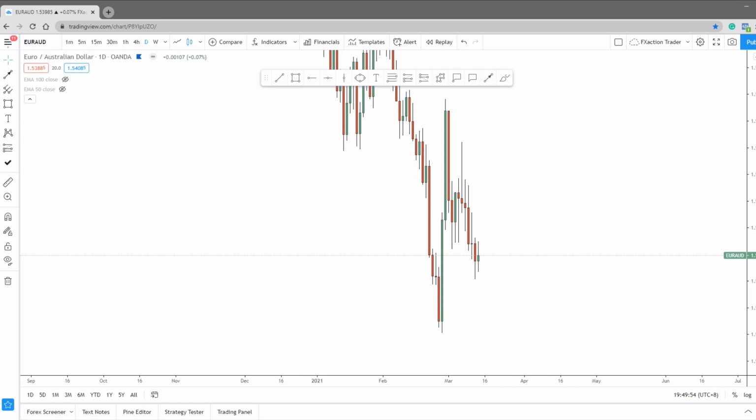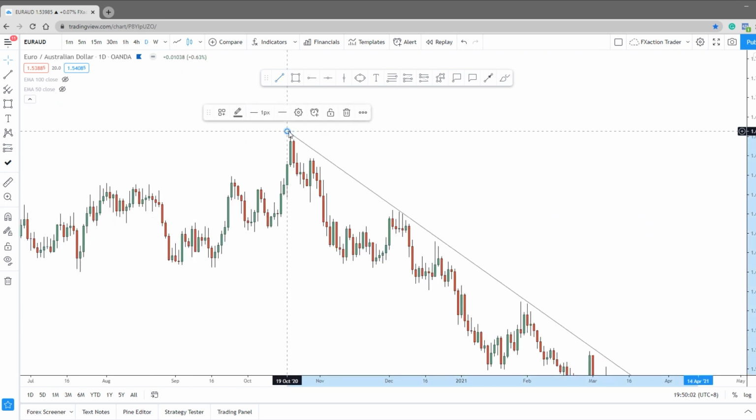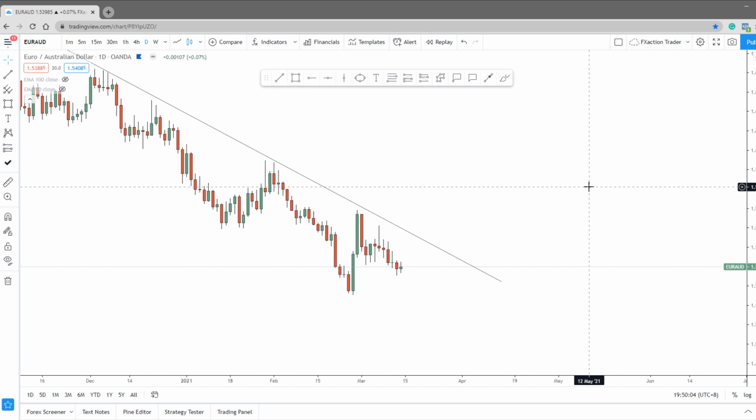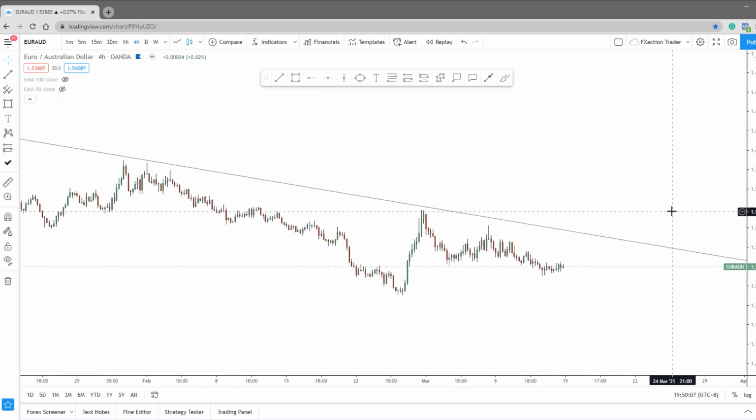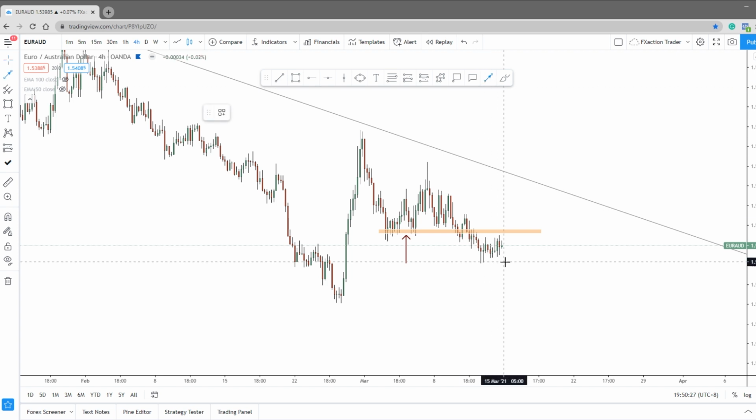So Euro AUD on the daily chart, the market is still in a clear downtrend. I think I have repeated this in my previous weekly analysis video. On H4, what we can see is that the market has violated this double bottom structure, where this was a strong support. The market couldn't break through for a long time, and now this zone has turned into a resistance zone. So we are likely to see one more push to the downside,